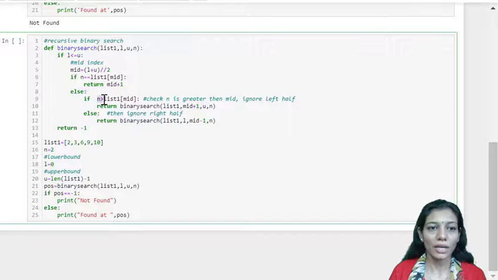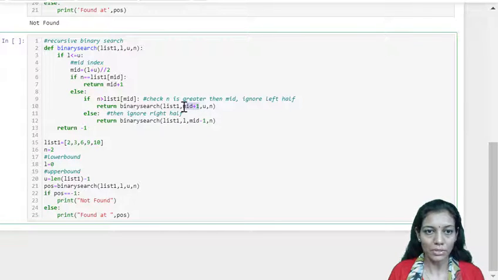Else, if n, which is the search element, is greater than the middle value, then we'll change our lower bound, that is the parameter position. If you check, in the else position, this will be updated to mid plus 1.